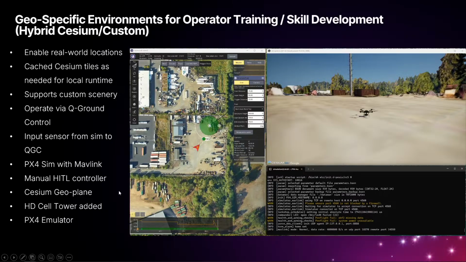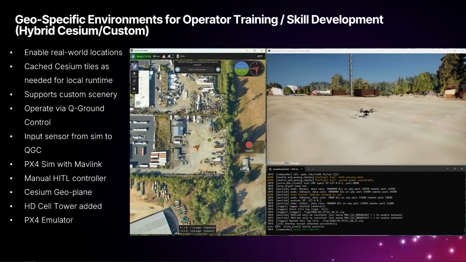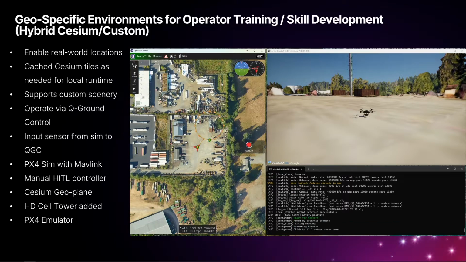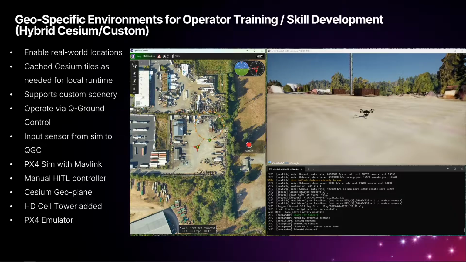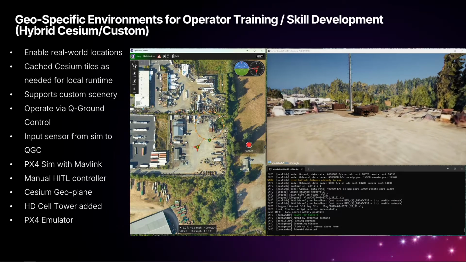And there is also this notion of a combination of geospatial and synthetic. I talked about ground detail, right? There is a problem with ground detail when it comes to Google Maps and stuff like that. But let's say somebody wanted to do a drone that would go inspect cell towers. The asset for the cell tower would not look as great as you would want it, but that means you could still leverage something like Cesium. This is exactly what we're doing here.